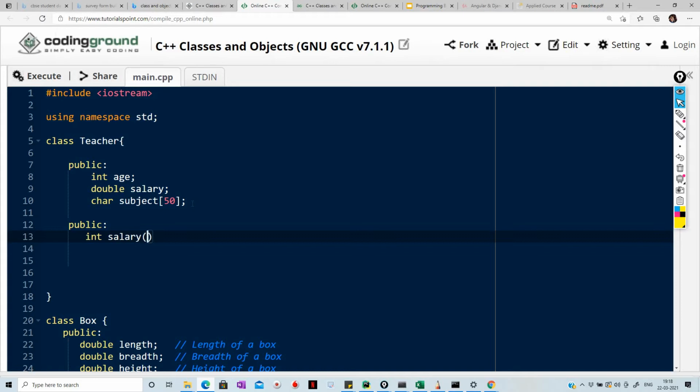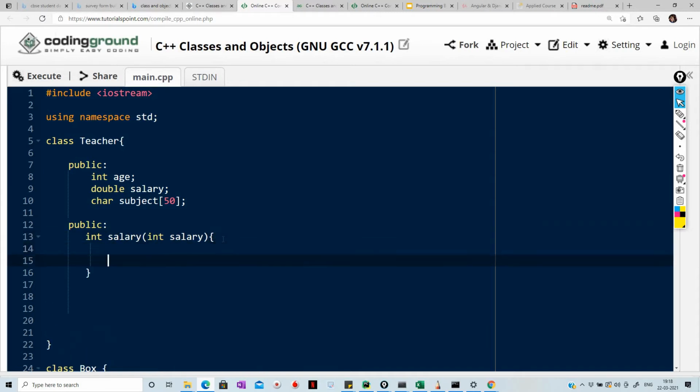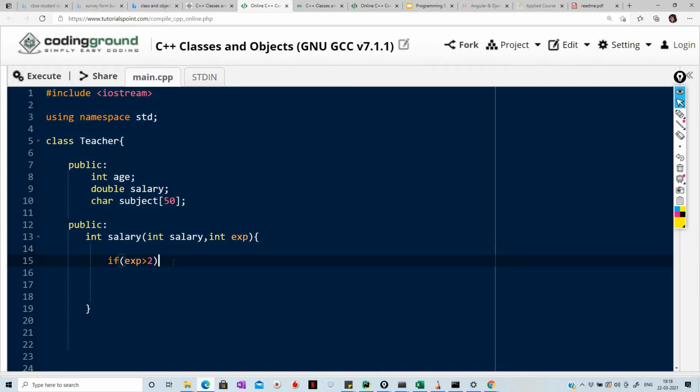What it is doing is taking salary and doing some operation. Let's say it also takes experience, an int for how many years of experience the teacher has. Based on that you can write the code: if experience is greater than 2 years, then what will be the salary? You can define your method and your logic.